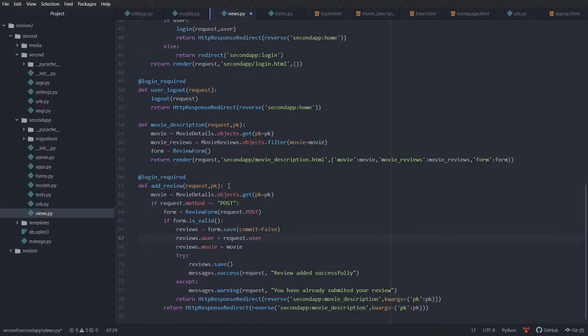So reviews.user equal to request.user and reviews.movie equal to movie. Now this movie is the movie that we fetched from the PK. So now our review is saved, but there is a case, and the case is